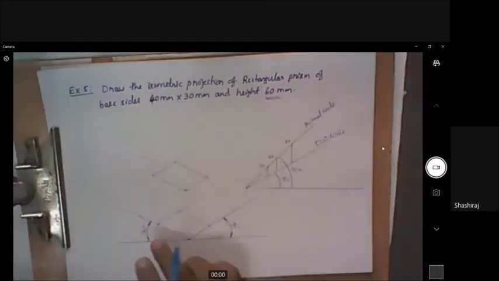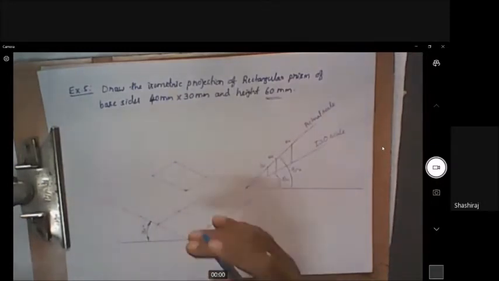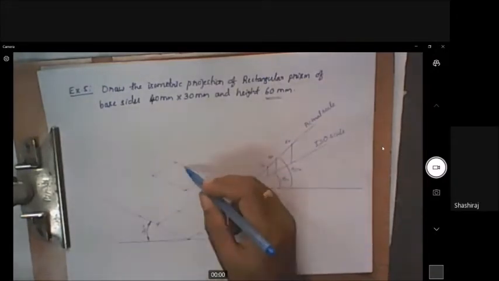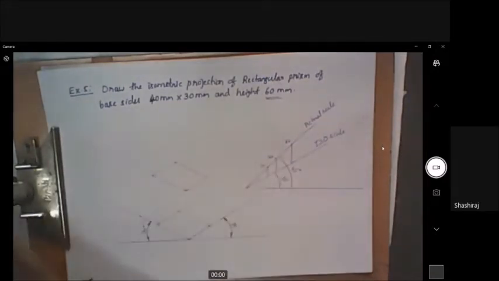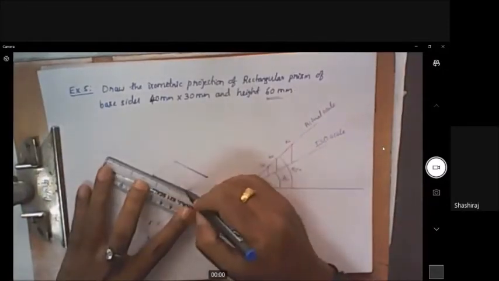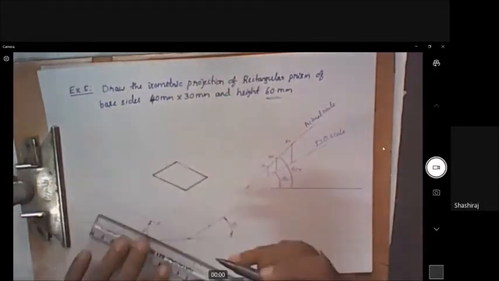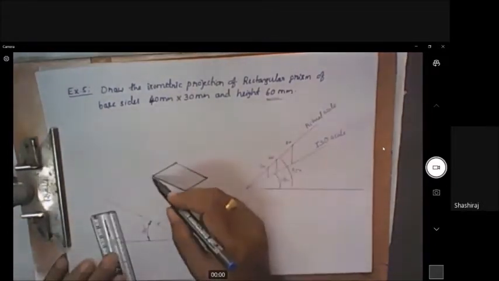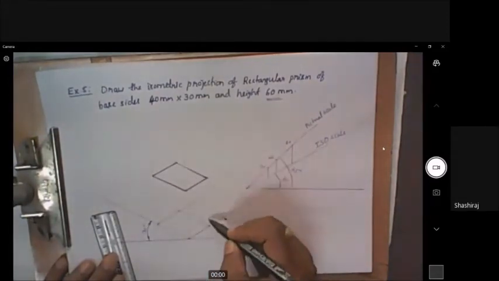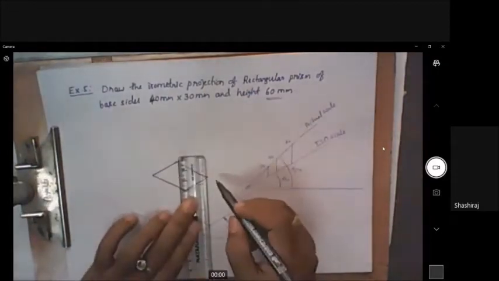I have drawn the isometric projection completely, but visibility we have to show now. I told you visibility we always have to mark from the top face. The top face, this rectangular face, is visible now. First let us darken that face. This face is visible. This edge which is in the boundary, and this edge which is in the front, and this edge is another boundary. So all these 3 edges are visible. So darken those 3 visible edges.